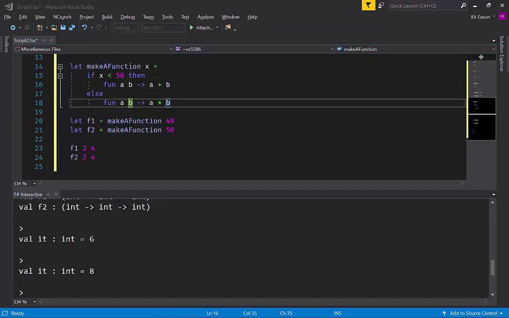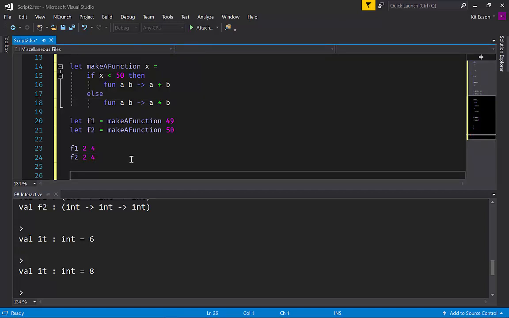So the real point of this is that in F#, functions are truly first-class values. In other words, you can pass them into other functions just as you could integers or strings or floating point values, and you can return them from functions, again, just as you would integers or strings or floating point values, and there's no additional syntax or ceremony around doing that. You just pass them around. And this has some interesting